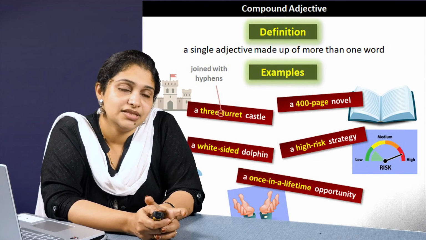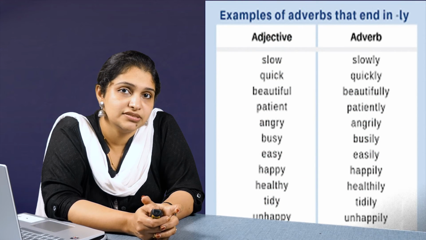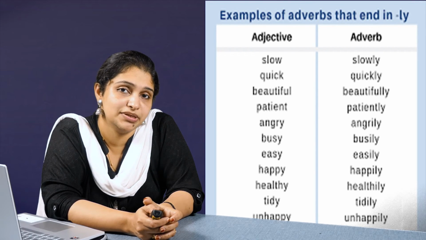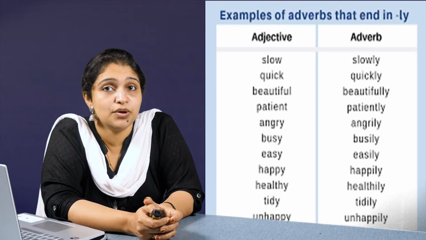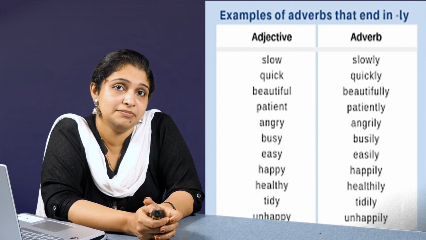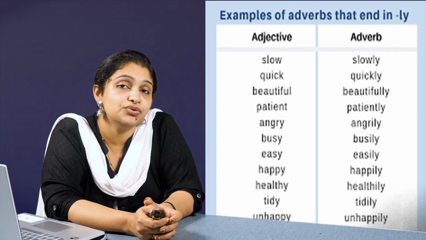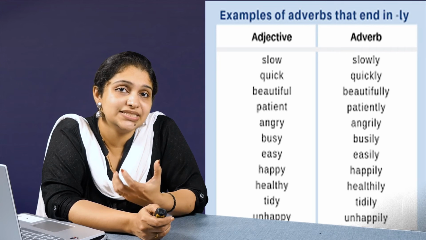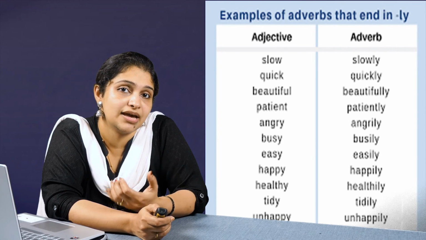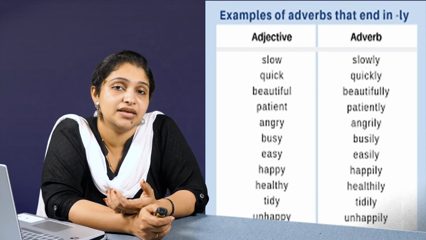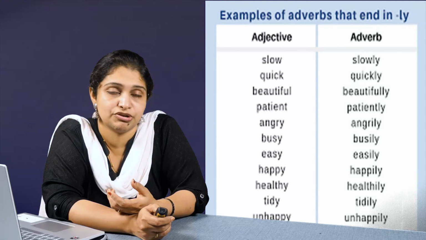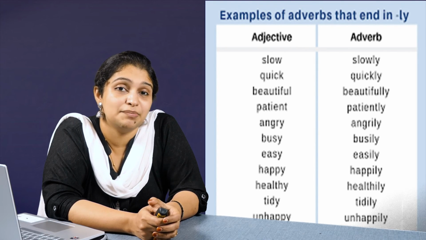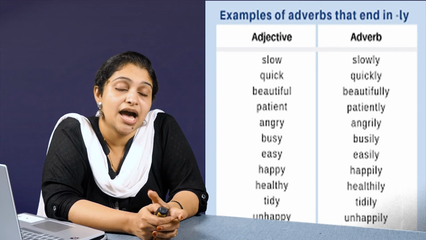Sometimes, adverbs are formed from adjectives; here you can see a list of adjectives from which adverbs are formed. They are complementary to each other. An adjective corresponds to the adverb: slow, slowly; quick, quickly; beautiful, beautifully. So you are able to make adverbs out of a set of adjectives like slow, quick, angry, busy, easy, happy, healthy, tidy, unhappy, etc. Please keep in mind one thing, that adjectives increase the power, energy, the appearance, the weight,